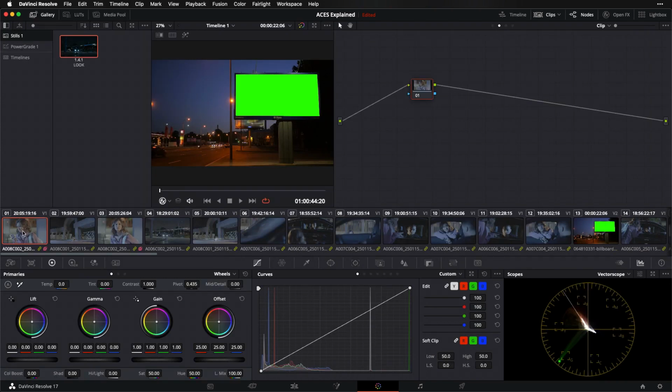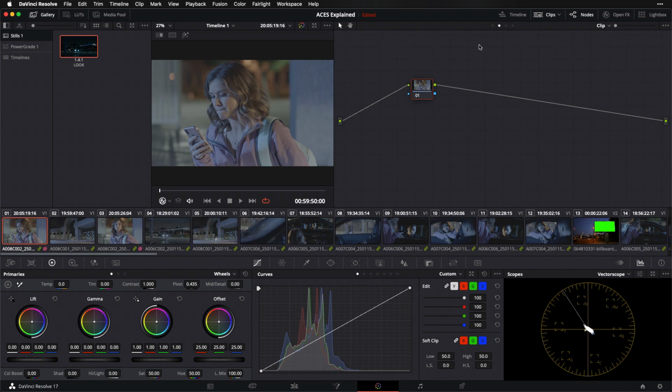And let's go back to shot number 1 here, and you're going to notice that where before I only had 2 of these little dots up above my node graph, one for clip and one for timeline, which we're going to go to in a moment, I now have 4 dots because in addition to clip and timeline, I have group pre-clip and group post-clip. And these are exactly what you'd expect.